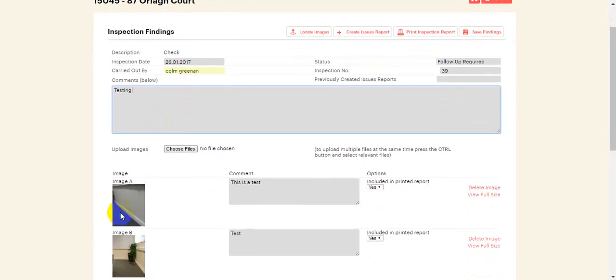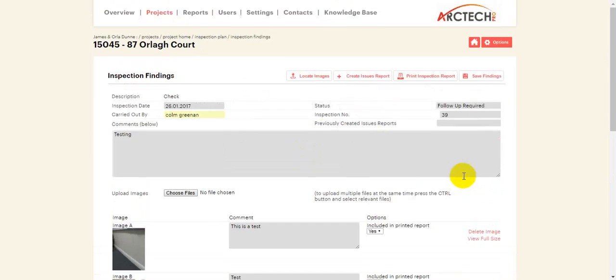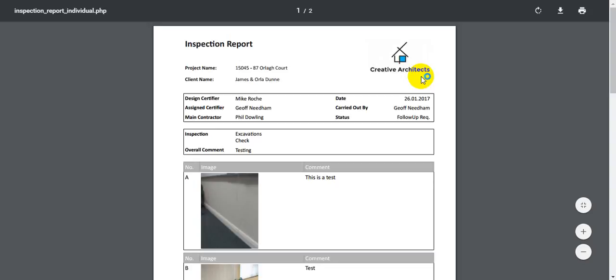If you want to have a look at these images in a bigger size, you can always view in full size, and you can see exactly what you're looking at there. So if you need to have a look in a bit more detail, you can print off an inspection report as well. If I print off the inspection report, it'll open up a document that'll look like this